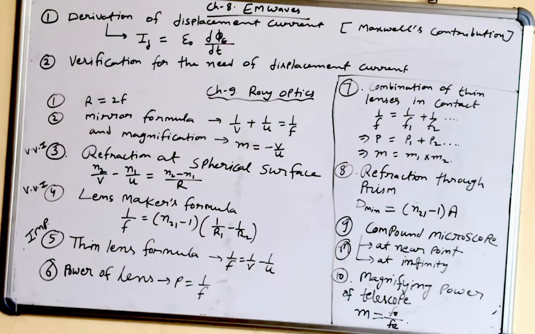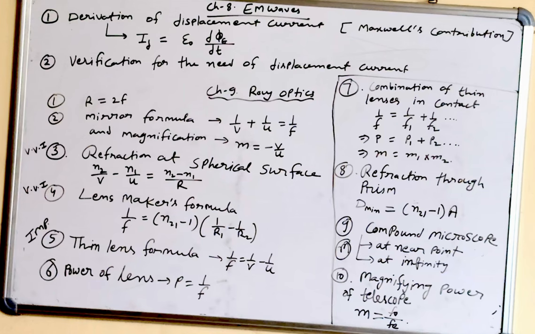surface. And the second most important derivation of this chapter is the lens maker formula, that is 1 by f is equal to n2 minus 1 into 1 by r1 minus 1 by r2. And the third most important derivation of this chapter is the thin lens formula, that is 1 by f is equal to